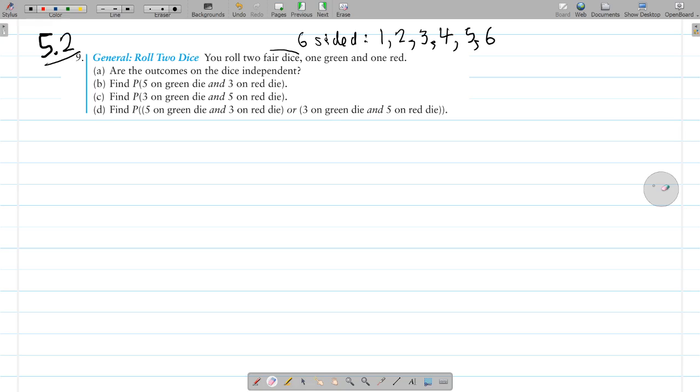Forget A. Let's ignore A. Let's just do B, the other ones, okay? So find the probability of getting a 5 on the green and a 3 on the red. Well, let's look at B. How many possible total number of rolls, as you saw in the lecture? So we know the total number of rolls